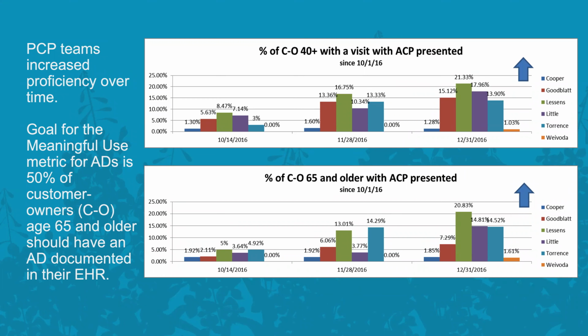And I know Meaningful Use has often said that we should be more like 50%. But what's amazing is we're running the preliminary numbers after the 5 years that this has been in play. What's amazing, and we're going to verify this, we're getting the data right now to be able to write this up, but we're now getting closer to 30% of those 65 and up have an advanced healthcare directive on file. So to go from numbers of about 2% up to 30%